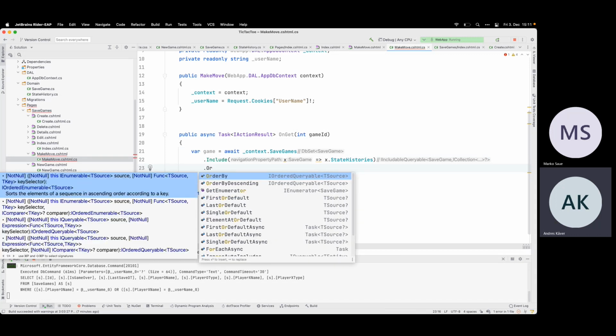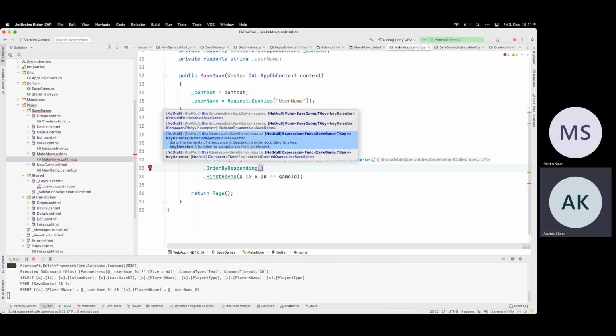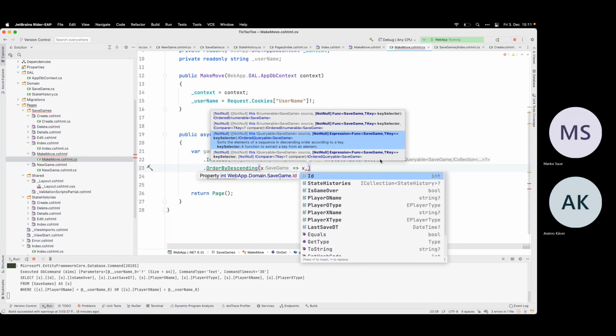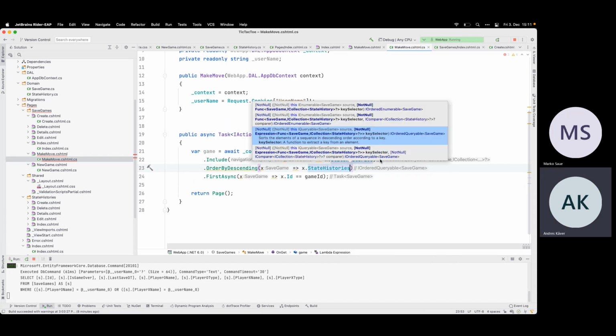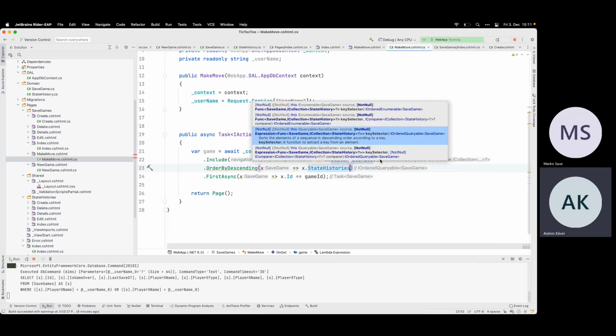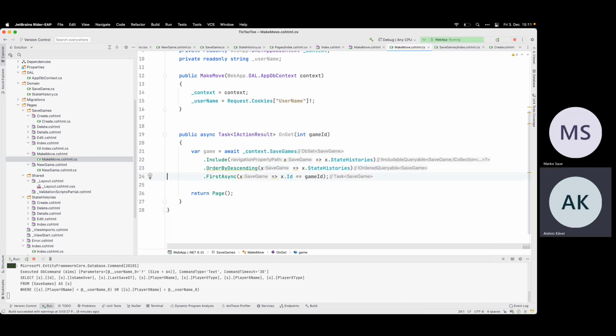Order by, yep, I need this descending. State histories. I know I cannot order it here.